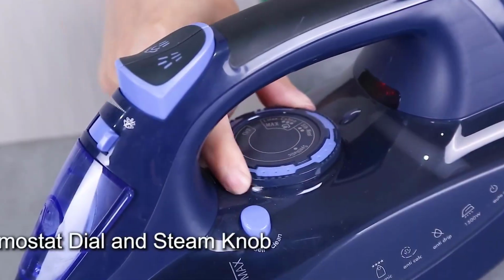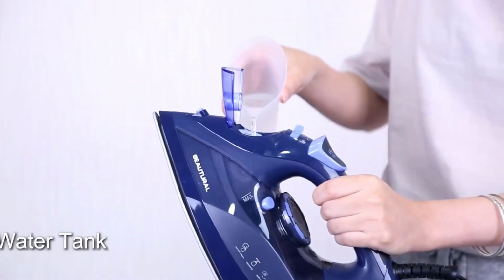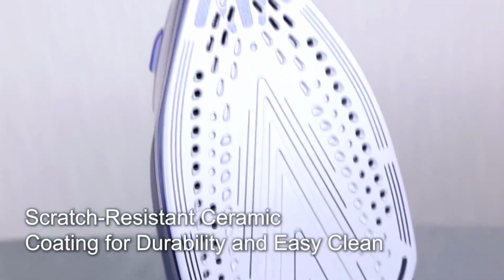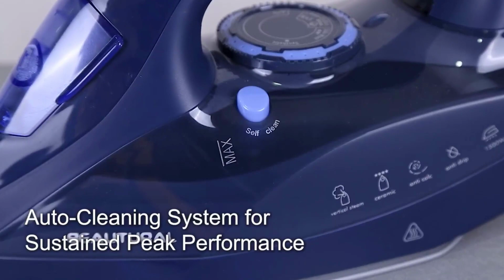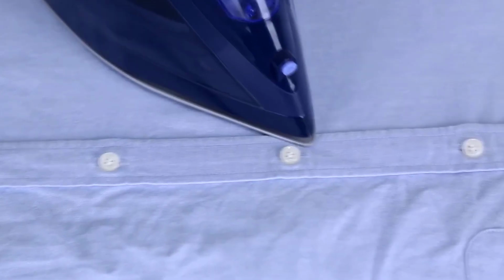Faster heating. Our steam iron reaches max temperature in less than a minute, much faster than traditional irons. Easy control thermostat dial. Simply select a fabric type and the iron will automatically heat to just the right temperature. Automatically turns off the iron after 8 minutes if left sitting vertical, and after 30 seconds if left horizontal or